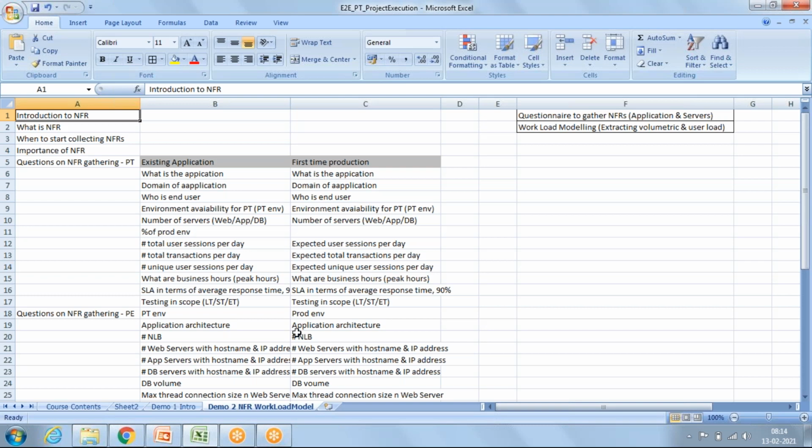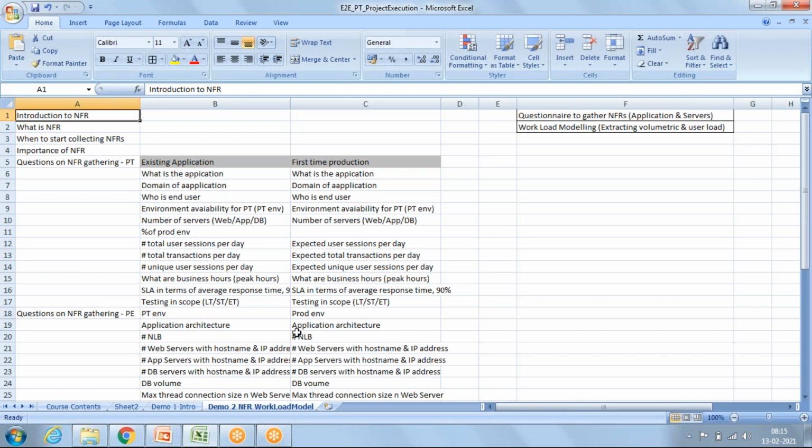The reason is, once you get a project, your IT sales team gives some reference to a client, and you have to start performance testing on that application. So first you need to understand what are the challenges and the requirements you have to face. So NFR is the initial phase of PTLC. If we do not have a requirement, we cannot do anything. And once we have a requirement, we can work on all the stages of the performance test life cycle.